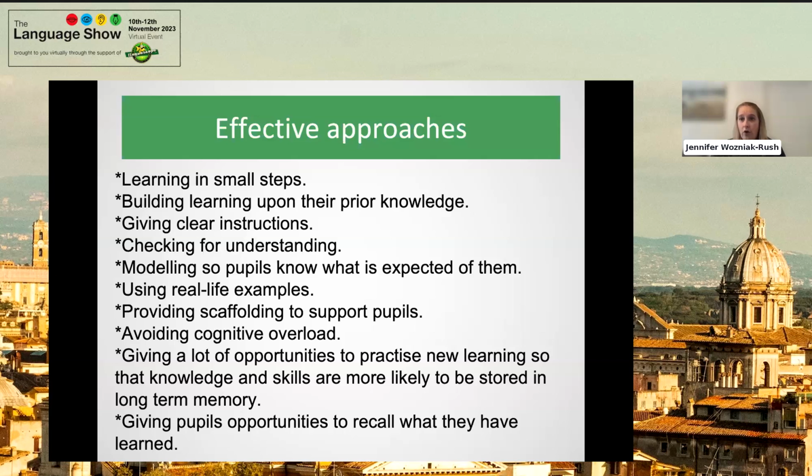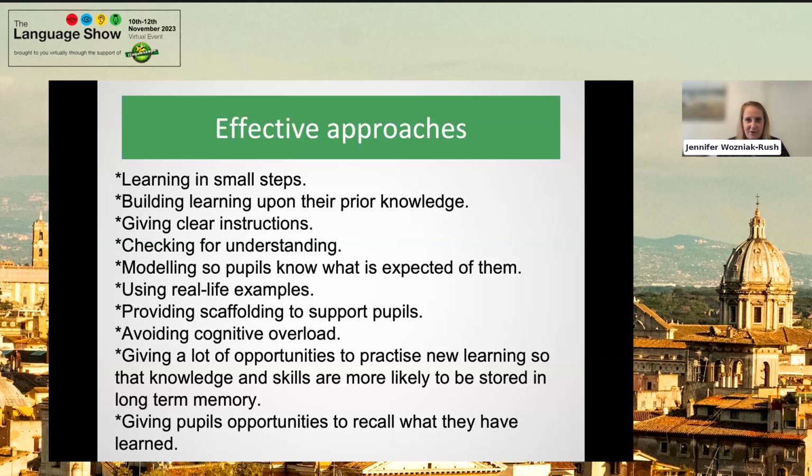Avoiding cognitive overload. So it's thinking about the amount of vocabulary that you introduce at once, the amount of instructions that you give at once, and all those things. Giving a lot of opportunities to practice new learning so that knowledge and skills are more likely to be stored in the long-term memory. So how often do you ask your pupils to practice that new learning? It's also thinking about, for example, what is it in the language that you teach that pupils find difficult? Like, for example, in French, adjectival agreement,